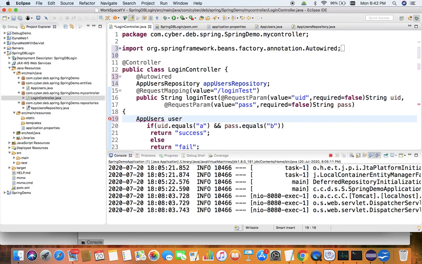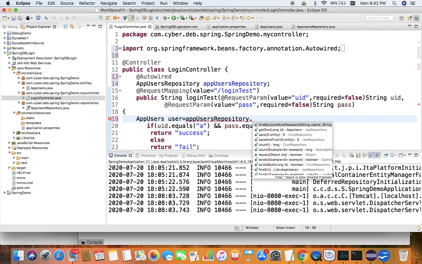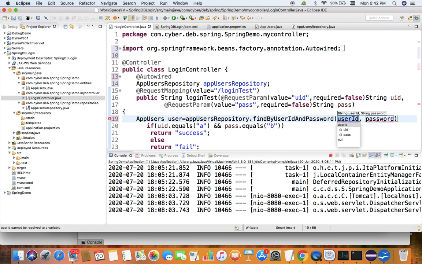Then here I need an object of app user, which is the entity. So I want to get the app user by calling findByUserIdAndPassword, the method which we have created right now inside the interface, which accepts the first argument as the user ID and the password, which is being accepted through this argument.